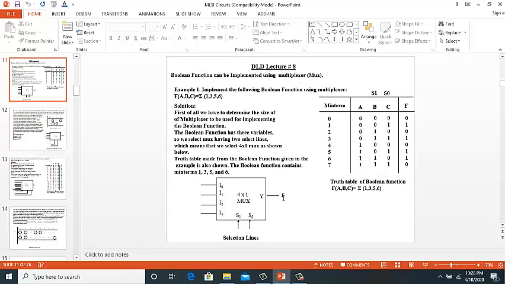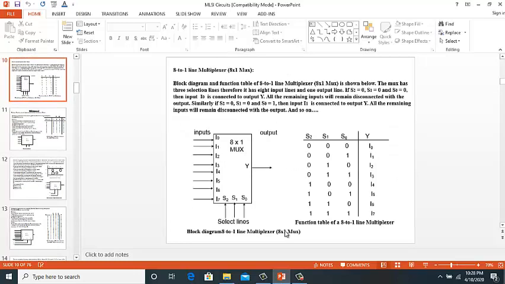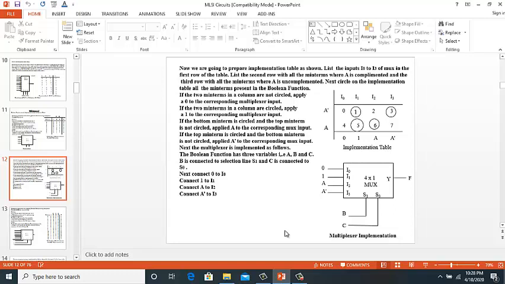Going back, we see that the mux which we have selected is 4:1, and its inputs are I0, I1, I2 and I3, and these inputs have been shown in the implementation table in the first row.